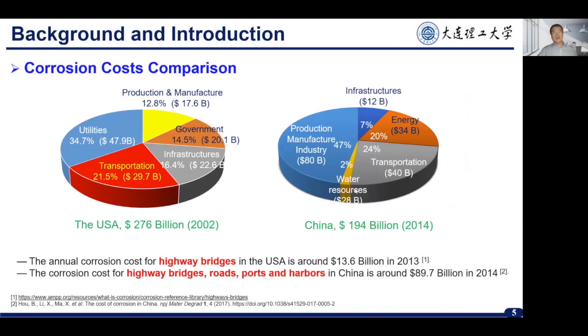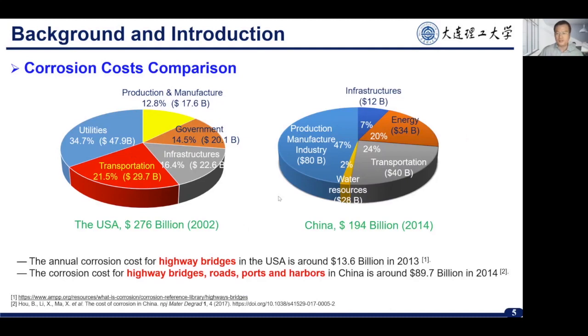This slide compares the corrosion cost between the USA and China. The left pie chart shows the total corrosion cost in 2002 in the USA. It's around $276 billion, but this is almost 20 years ago. This data was released by NACE International. More recent data, released in 2013, gives an annual corrosion cost for highway bridges of around